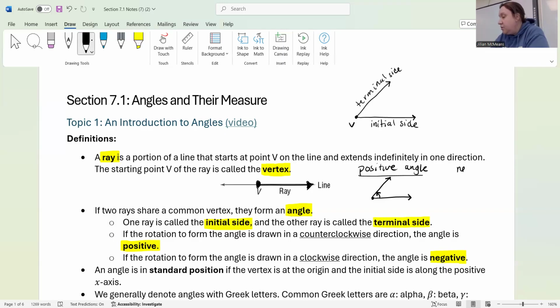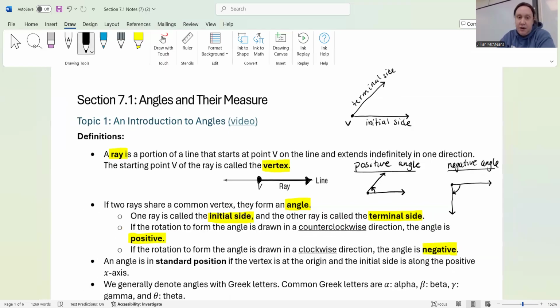So let's draw a negative angle. You have your vertex, you have your initial side, so that first ray, and then if we were to sweep open in a clockwise direction, we create a negative angle, okay? So you have your initial side, you have your terminal side kind of laying on top of each other. If you sweep counterclockwise, that becomes a positive angle. If you sweep clockwise, that becomes a negative angle, okay? And that leads us to this next idea of